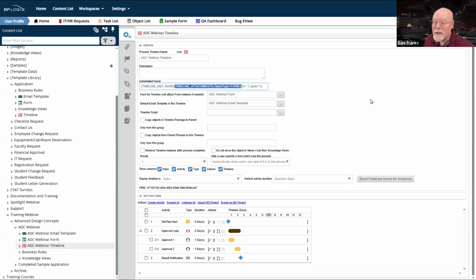Now, as it happens, I do like the default name that we give it whenever you create a process timeline instance. And this is, in fact, the default name. It's good for most purposes, but you should consider whether you want to give it a name similar to its form instance,